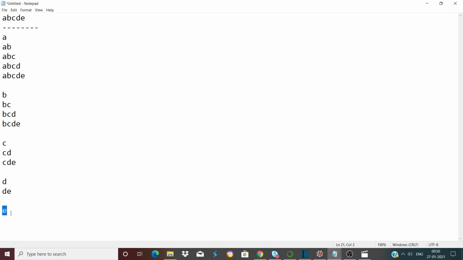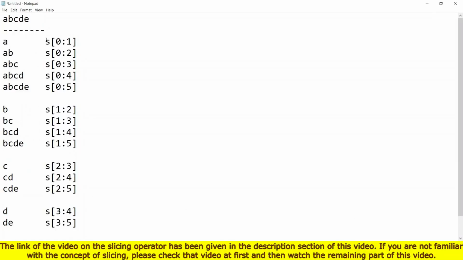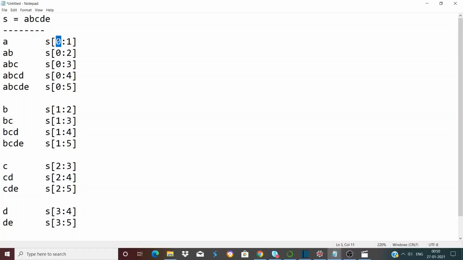Now let's see how the slicing will actually look like. If we give the input string a name S, the slicing will look like this. In the first step, the starting character, that is the character that we are fixing, is A, the index of which is 0.